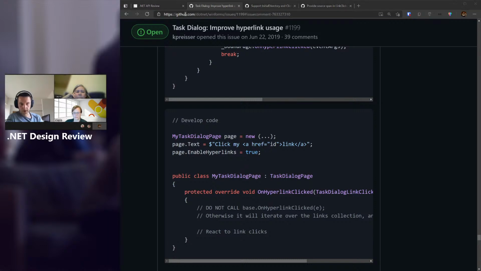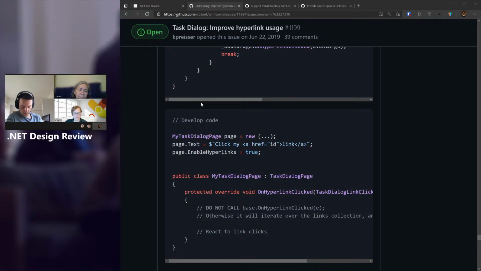So can you rephrase it? So, I mean, you're basically saying if we don't give them this task dialog link and the link ID and the virtual method, they have no way of doing it in the case where they want to literally derive from the type. And I'm asking, what do you do for buttons? When somebody clicks OK or Cancel, how would I handle that today in the unassisted scenario? Well, I'm actually better understanding the unassisted scenario, so after Emma's done, I want to restate what I said.